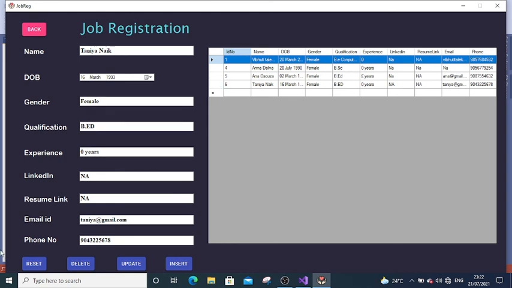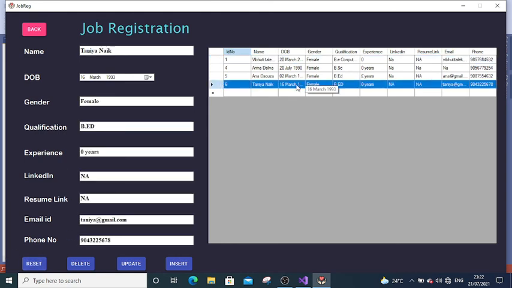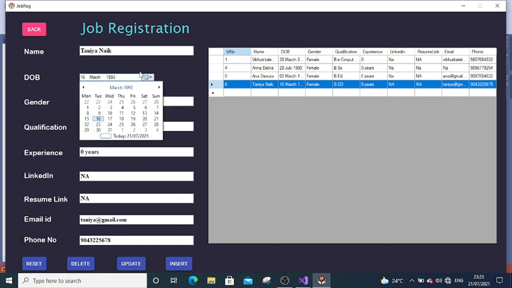Now let's say Tanya did not update her correct birth date. So what she will do is she will select this. Now the table gets filled and then she will change her birth date. Let's say it is 1995 and let us say it is October.